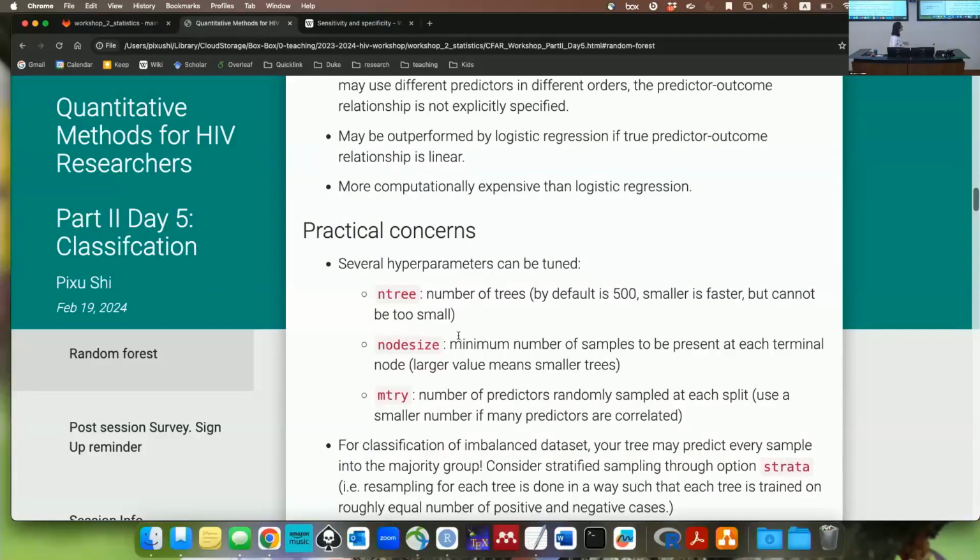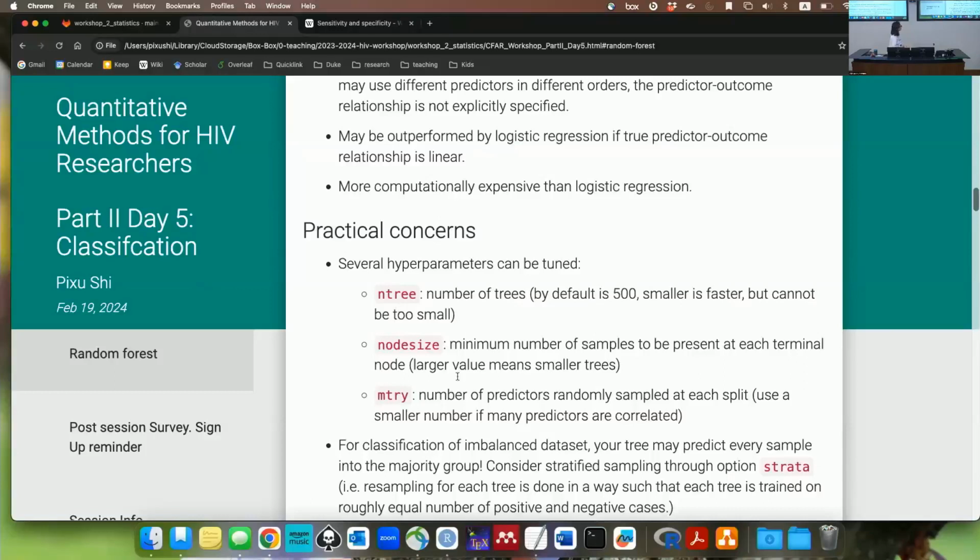The node size is the minimum number of samples to be present at each leaf node. So you don't want it to be too small, so that the prediction for that leaf is unstable. And there's a default number for R as well. If you set it to be a larger one, then you have a more stable leaf node prediction, but your tree will be smaller. There's no guarantee whether a larger one or a smaller one will give you a better prediction performance. Those are the parameters that you can play with a little bit